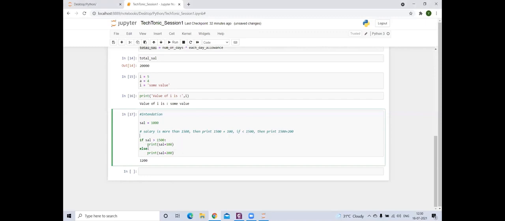Then if it does this condition, then within the parentheses they'll put what to do, right? That is called looping, right? This is basically looping, but without the parentheses here. So in